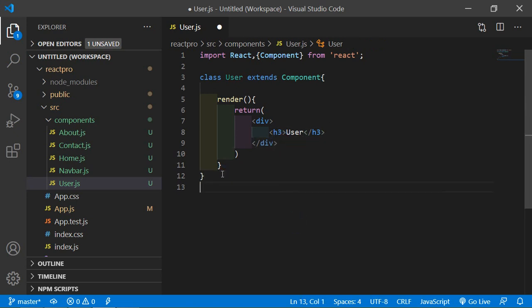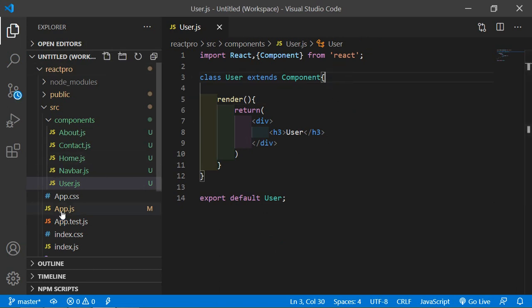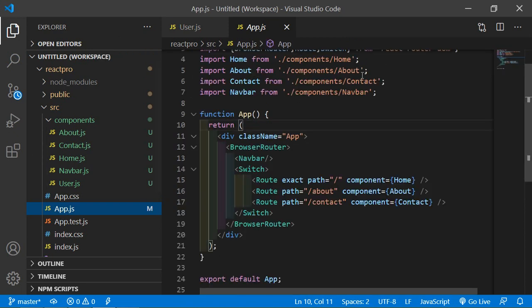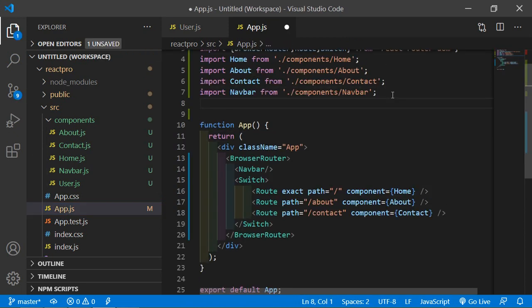All right, last just export here, export default and the component name, which is User. All right, now save the file. Now go to the app.js and here just import the user component, import User from